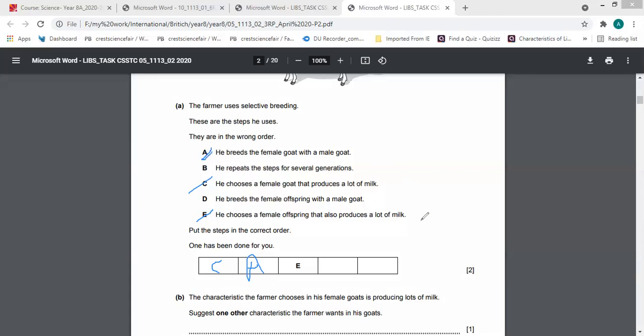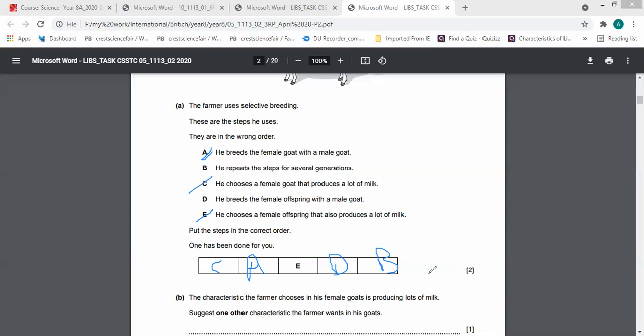So still we have two. Repeats the steps for several generations, or breeds the female offspring with male goat. So what's the next step? He breeds the female offspring with a male goat. Letter D, excellent. And the last one will be B. Letter B. So again, the sequence of the steps in correct order for the farmer to use selective breeding: